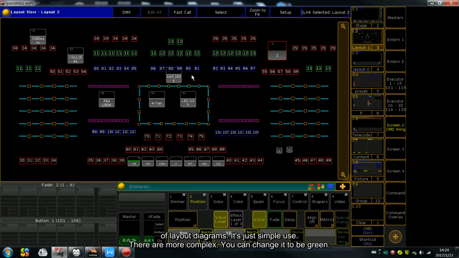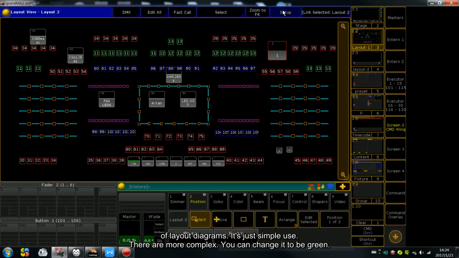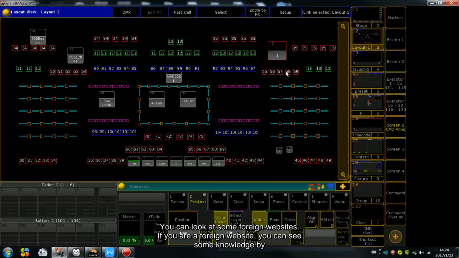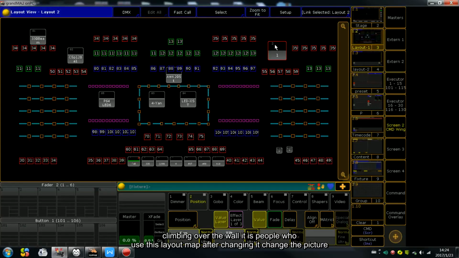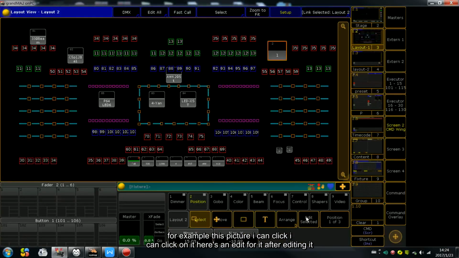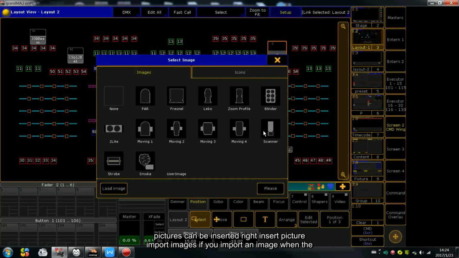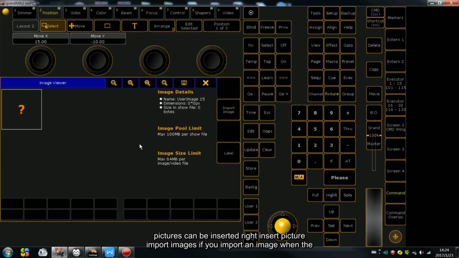Functionality of layout diagrams. It's just simple use. There are more complex ones. You can change it to be green. You can look at some foreign websites. If you are a foreign website, you can see some knowledge by climbing over the wall. It is people who use this layout map. After changing it, change the picture. For example, this picture. I can click on it. Here's an edit for it. After editing it, pictures can be inserted. Right. Insert picture. Import images. If you import an image, when the